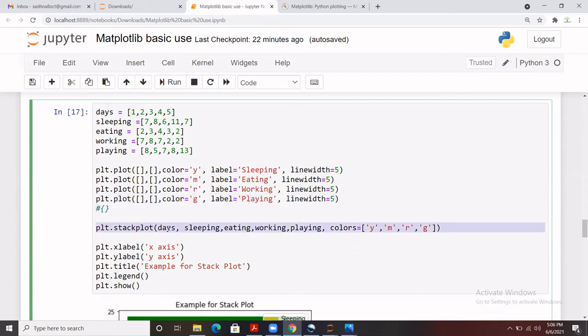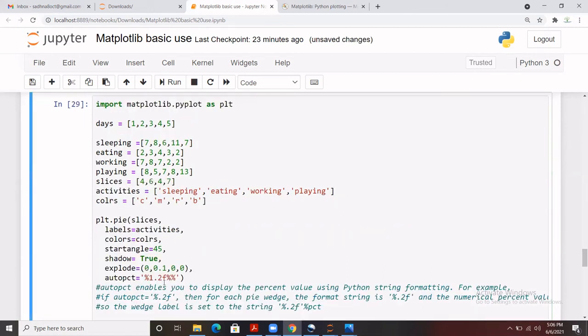You can easily see that the day is divided into four parts: sleeping, eating, working, playing. All the colors that we have mentioned for these plots I have put into a list named colors, so it will have a color for the respective activity. Let's say sleeping is yellow, and eating is magenta, red, and green. Then I have put in xlabel, ylabel, title, legend, and show.